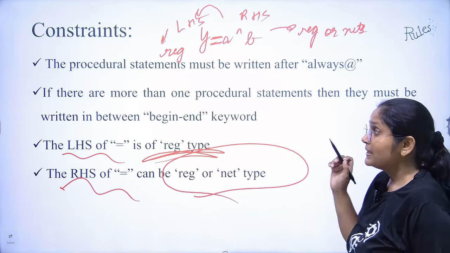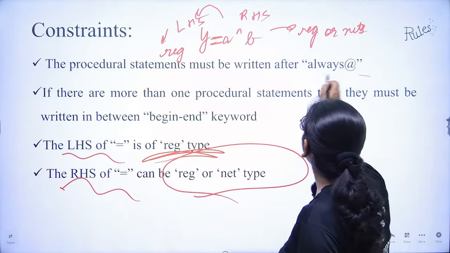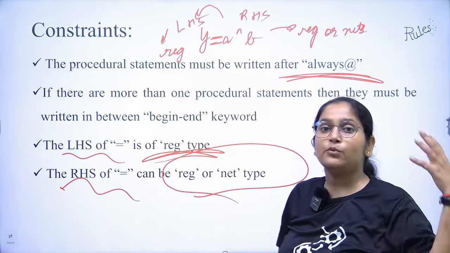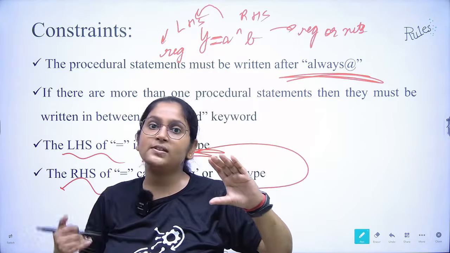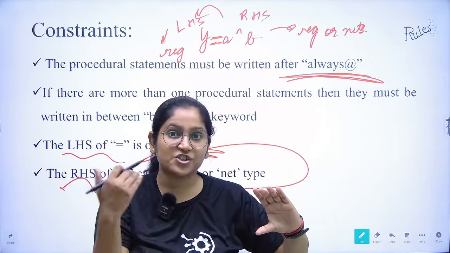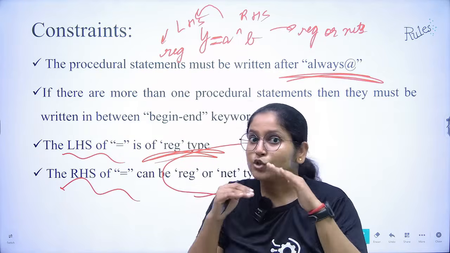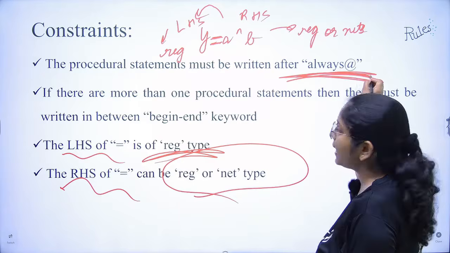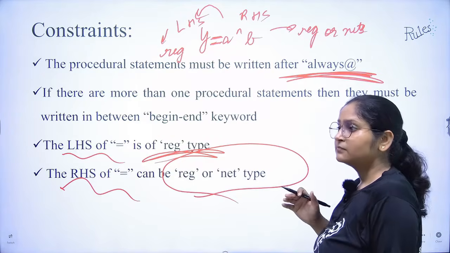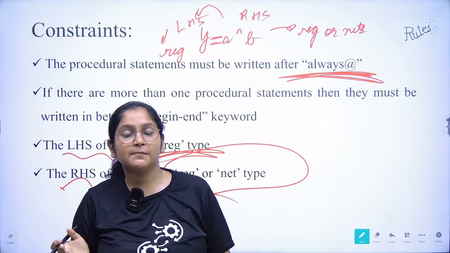As I have told you, we would start writing the logic of the code, meaning how the circuit has to perform and what the logic behind it is. I have to write those logics somewhere, so we would start writing them after we write this always at the rate. And suppose we have multiple statements. What is the meaning of multiple statements?